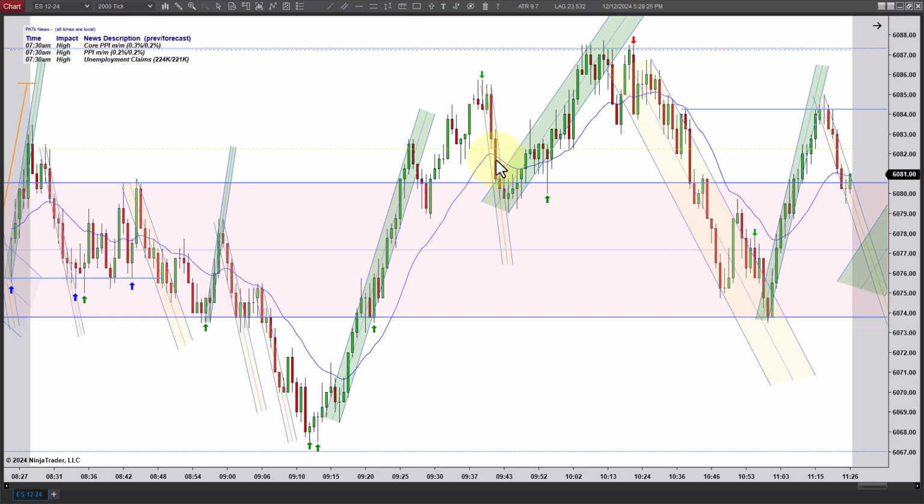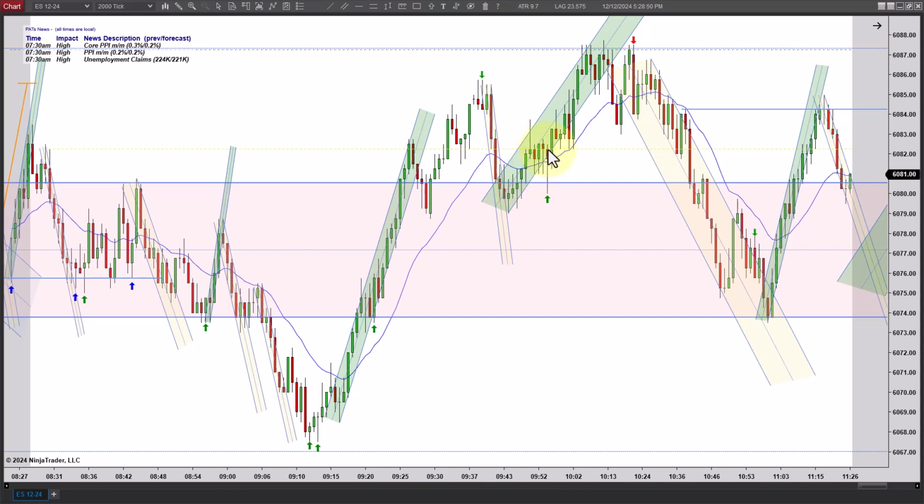But this ends up dropping on down, and it finds support here at the top of the range. And we tested a couple times on the low side, then we tested 3 times on the top and get a second entry long. If we'd have got another separate test, on a second entry like that, I'd probably make it blue. But again, it looks a little congested. It is a second entry.